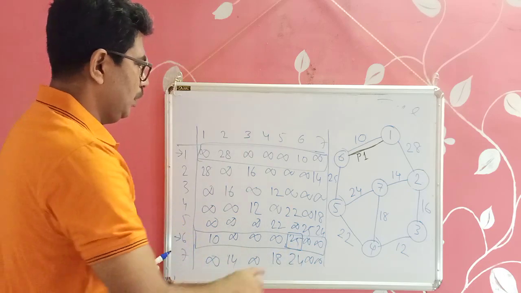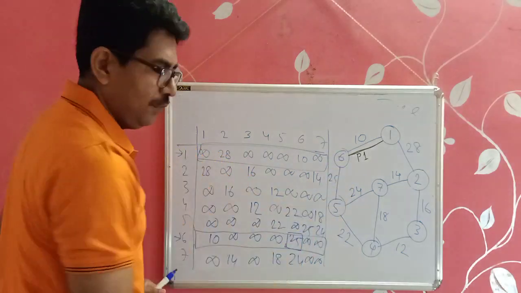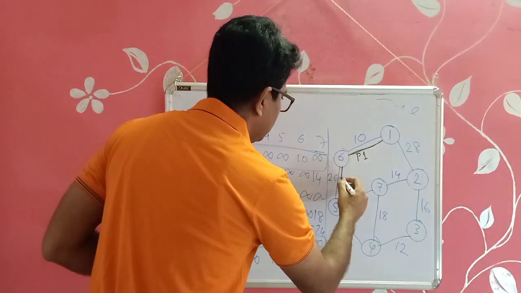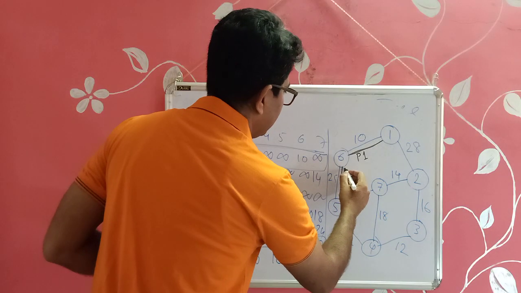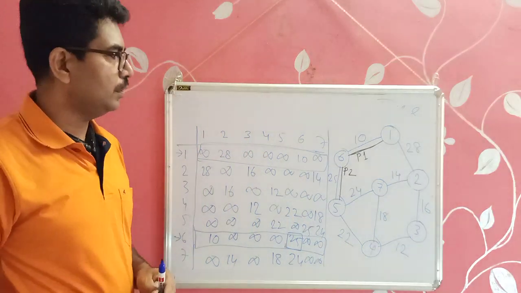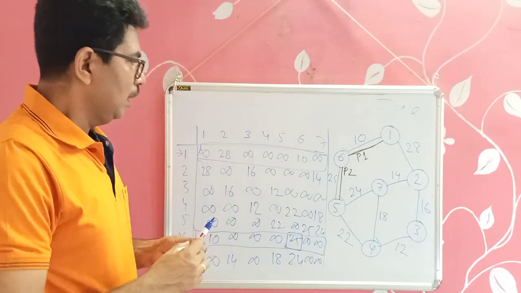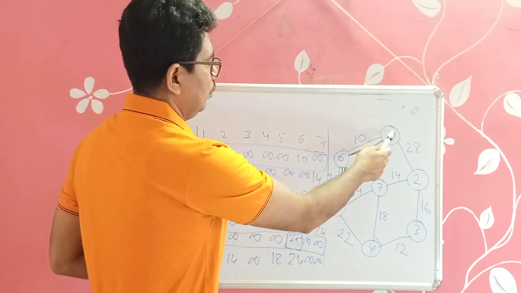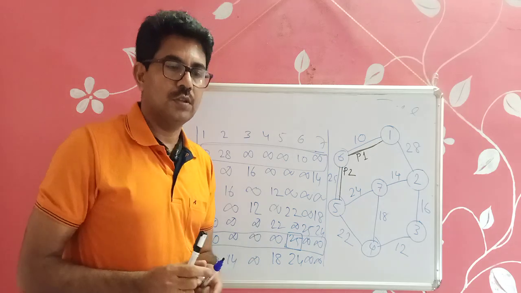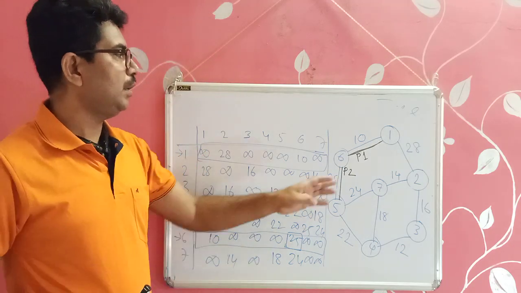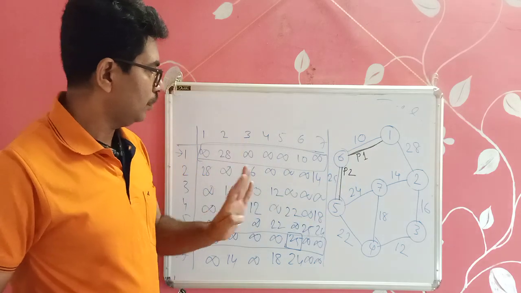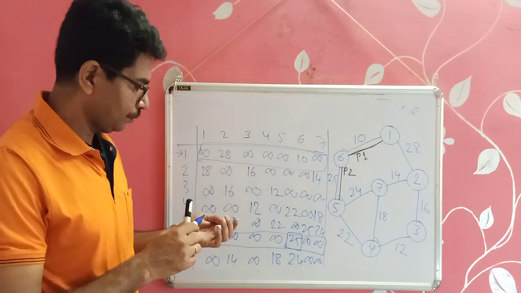So that means we have selected the edge 6 and 5. So let us mark this and write that this is selected by Prim's algorithm in the second step. Right. So now whenever we have connected 1, 6 and 5, this is now the spanning tree. Clear? So how many vertices are there in the spanning tree? 3: 1, 6 and 5.